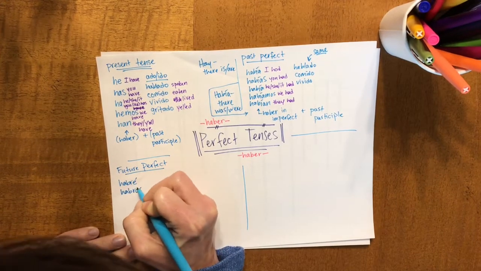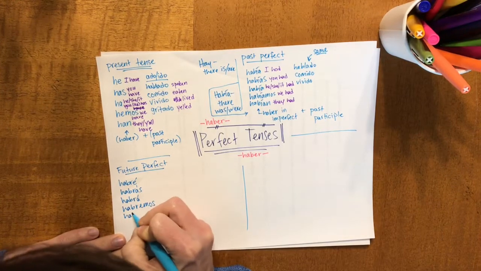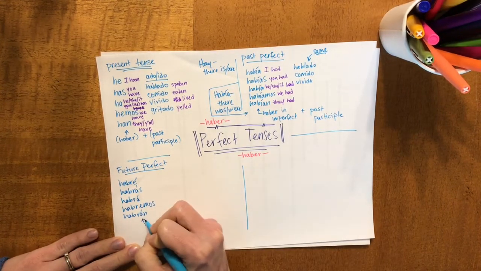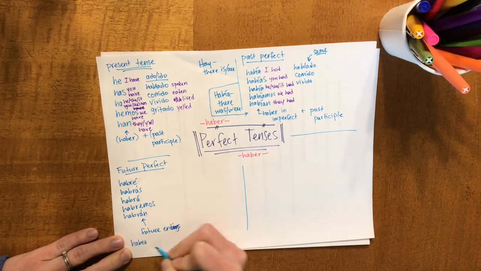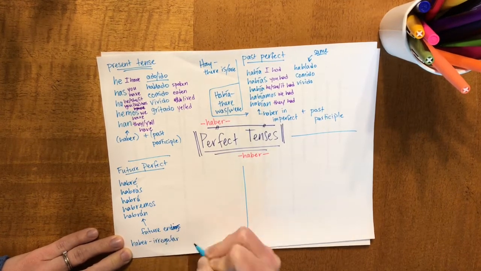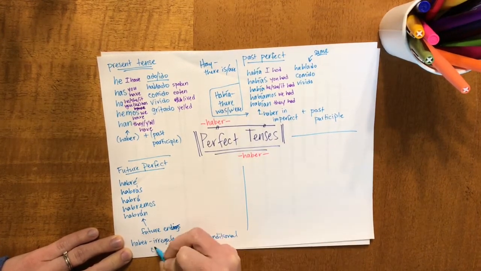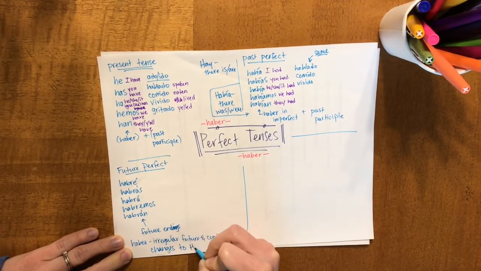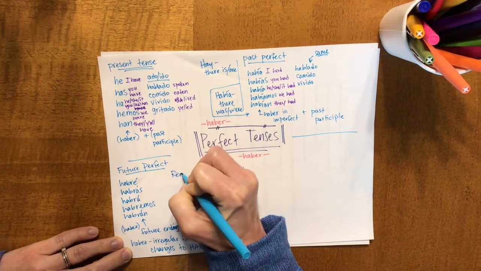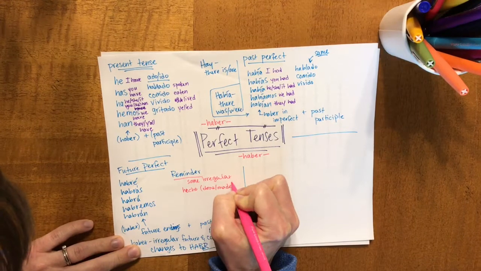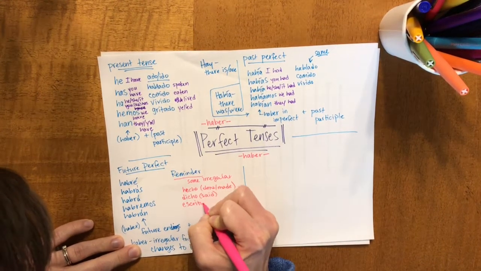Then you also have the future. So for the future, we are going to conjugate haber in the future tense. Those are your future endings there. Habré, habrás, habrá, habremos, habrán. And haber is irregular in the future and also in the conditional because it drops that E. So it changes from haber to the base of habr, and then you add your future perfect endings or your conditional endings on the end of that. And again, you have to have the past participles.